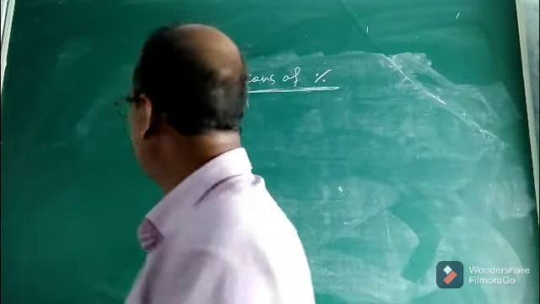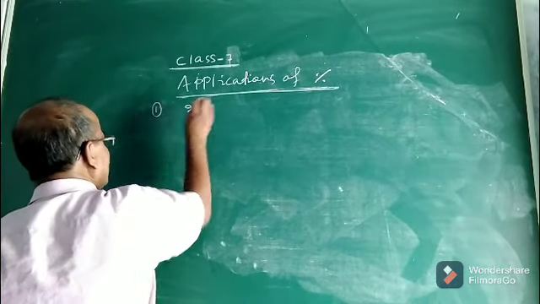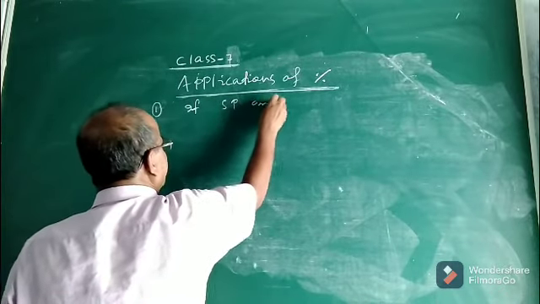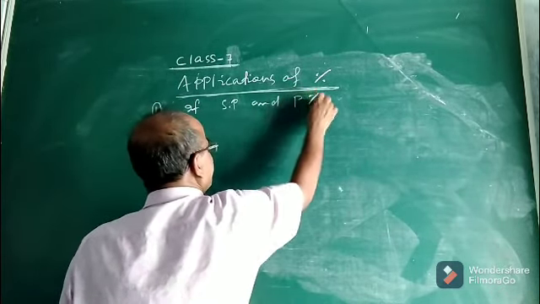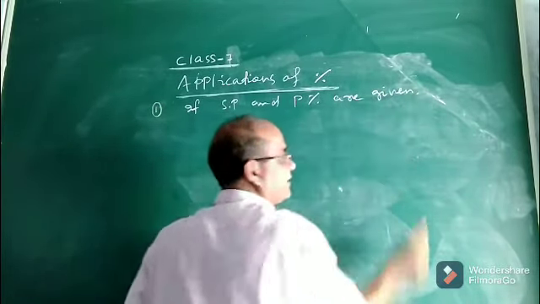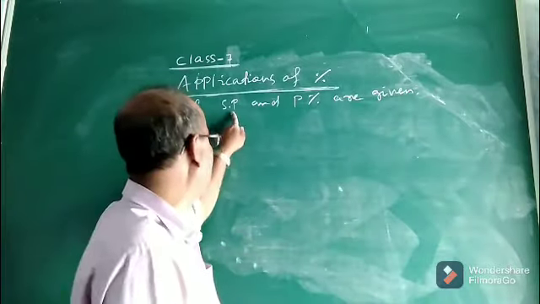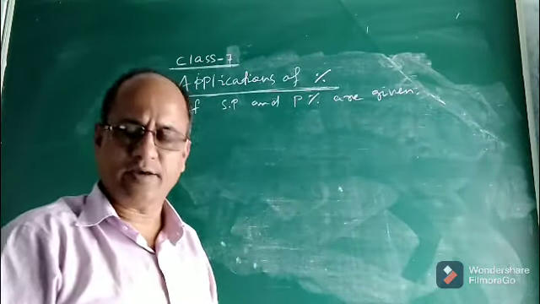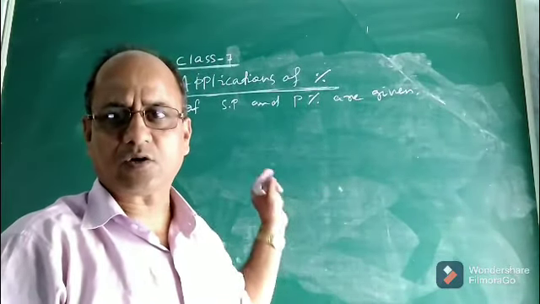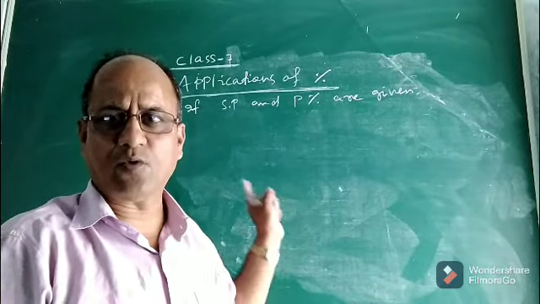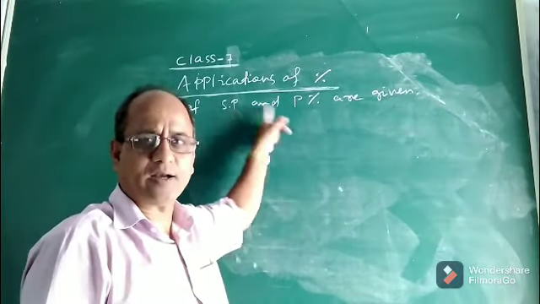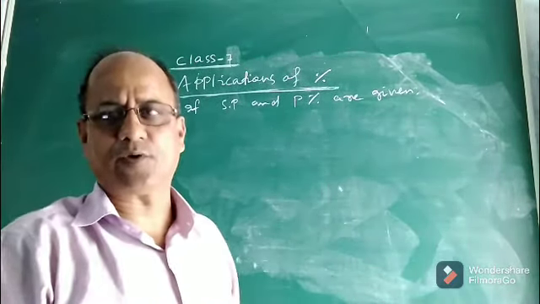Now children, suppose you are given the selling price and profit percent. Profit percent or gain percent are given. Suppose in a particular question you are given the value of selling price and profit percent. So how will you calculate or compute the cost price? What will be the formula for cost price if the selling price of an article and the profit percent are given? What will be the formula for CP?